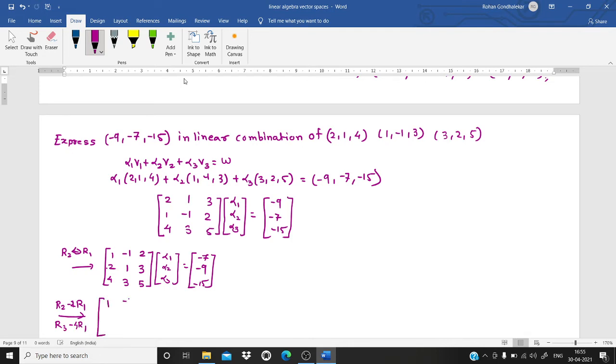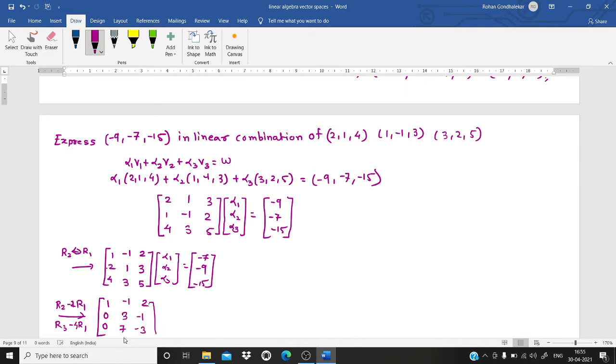So which provides me 1, -1, 2. Then 2 minus 2, 0. 1 minus of -2 becomes 3. And here we have 3, and we are multiplying here by 2, minus 2. So we get 3 minus 4, which is -1. The next is 4 minus 4, which is 0. Then if I multiply here by minus 4, we get a plus 4. 4 plus 3 is 7. Then here I am having the 5, and 5 minus 8 gives me